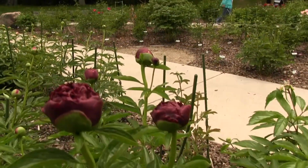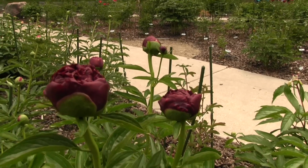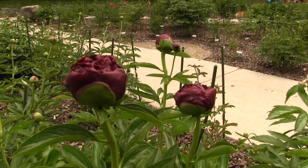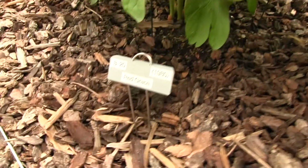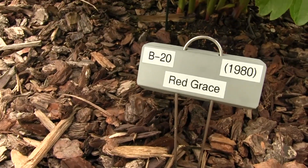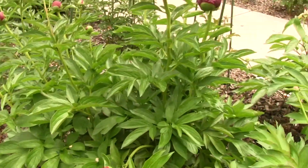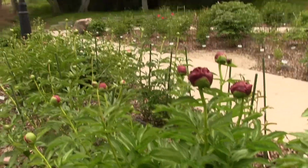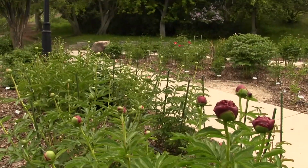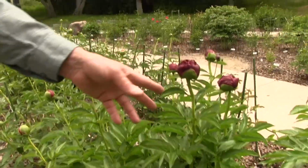These are so ugly when they're in bud stage. Sometimes you think it's just a head of cabbage. But this is one of the greatest flowers in the garden. A beautiful color. I think there's 10 or more this year. And they last like 6-7 days if it doesn't get too hot. They endure, they hang in, and they are probably done within 2 weeks certainly,